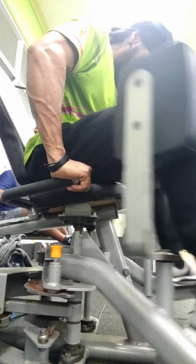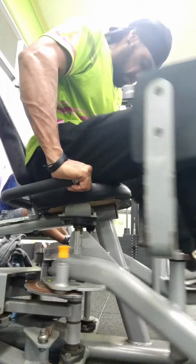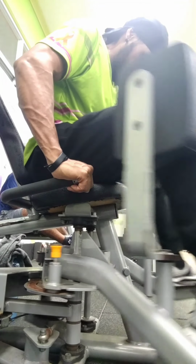So I do not know if you heard that it was a little low. So this was last year, a few days out from my show, and it was my last leg day. I do not usually do leg day that early, but I got up early and I wanted to do it and then go to work. So I usually start off with my bike, just 5 minutes to get some blood in there, and usually